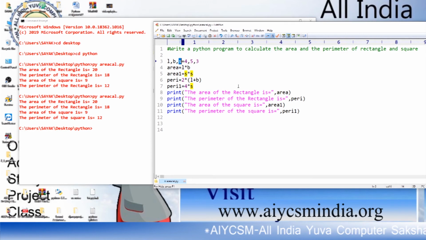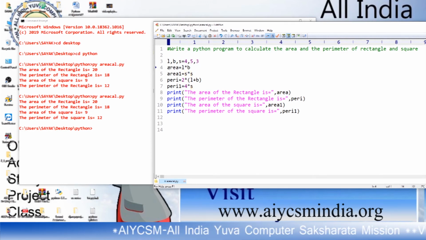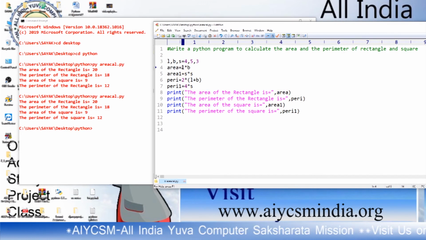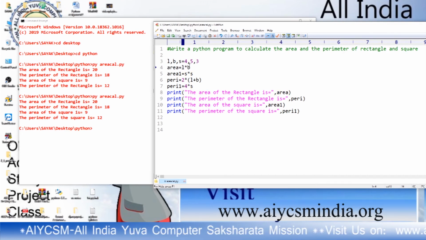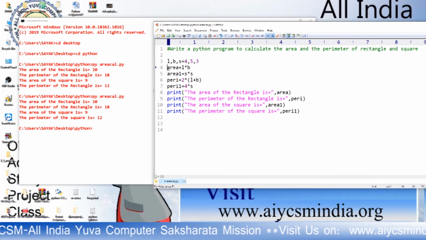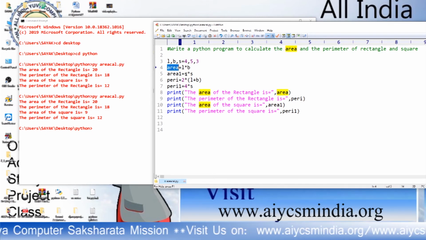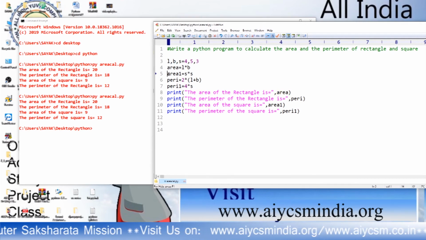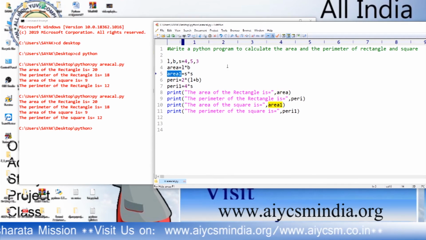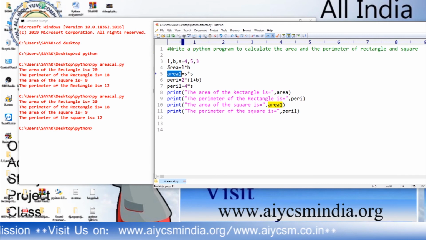After that, we calculated the value and stored it in another variable, that means 4 into 5, 20. 20 will be stored in that variable. 3 into 3 will be stored in this variable. These are different variables. Variable is not the value; this is the name of a variable.